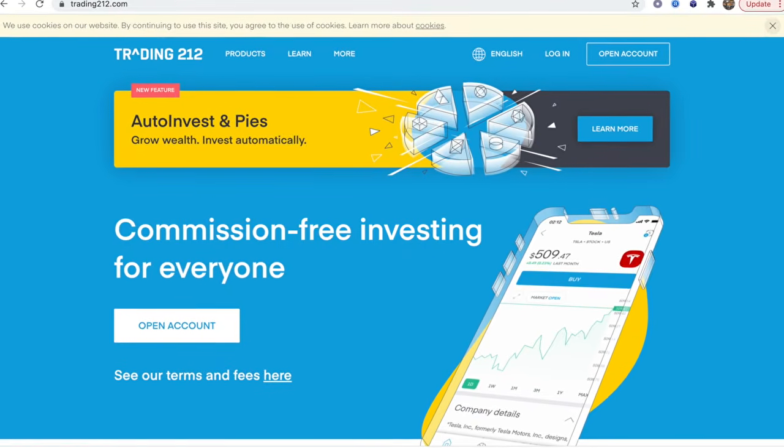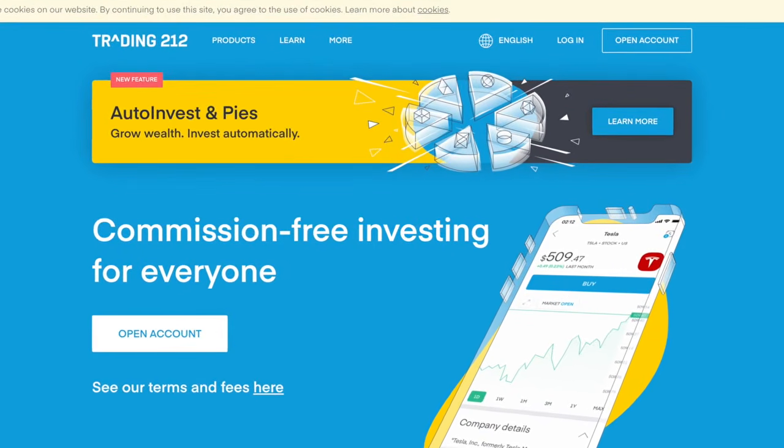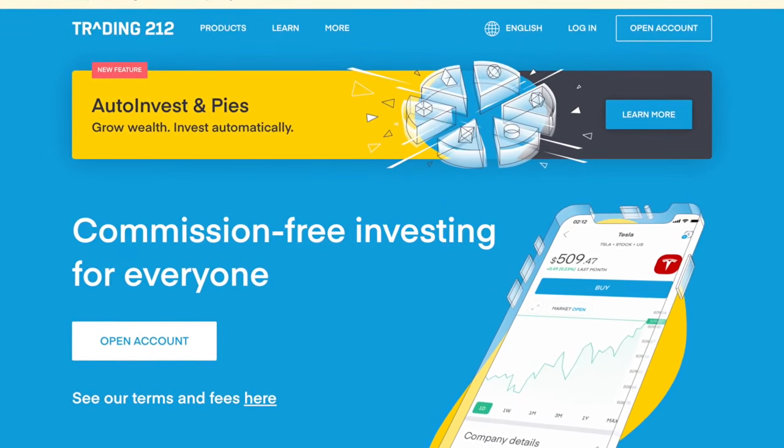Now there are other platforms. There is Trading212, which I have also used. I have it on my phone. I've read the reviews, they are really good and people really recommend it. So if you cannot access eToro, you can access Trading212, which is also very easy to open, a very easy platform to use, and of course it's regulated and headquartered in the UK. So that gives you some safety for your money. So Trading212 is another good platform.